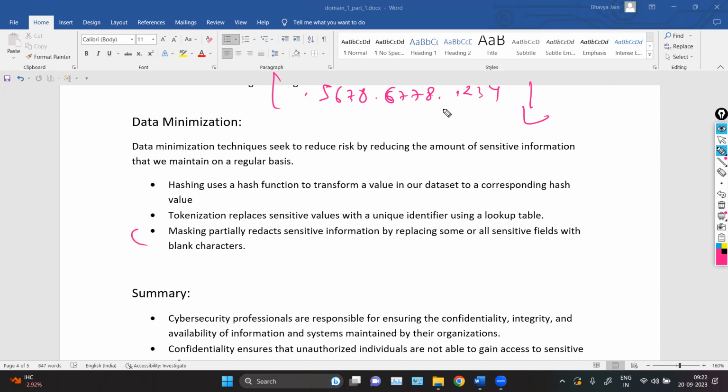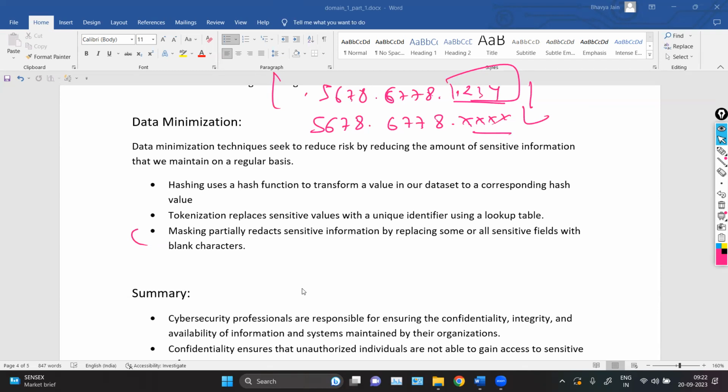Masking is like, let's say you mask the end characters, which becomes 7867778 and then x x. Now you're masking the data, which means the end values are now hidden from everyone. Only the authorized user or the owner of that information can use the data or know the entire credit card number, or the last digits of this credit card number. So basically, masking is like we are just replacing the value with some other characters, some other random characters,